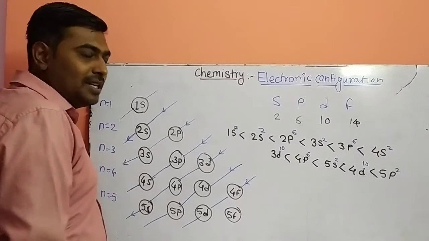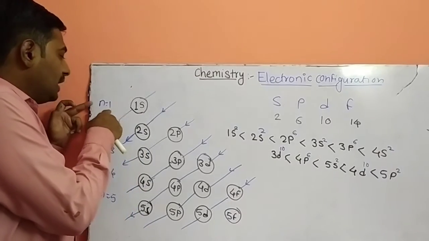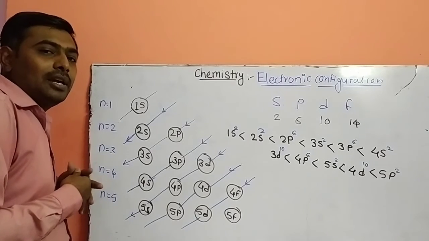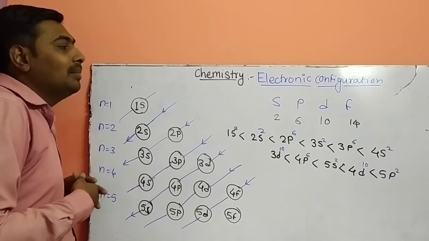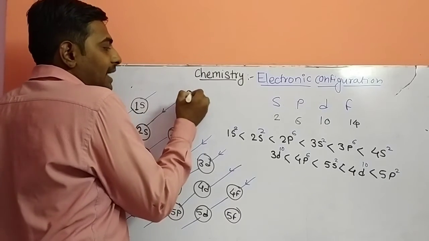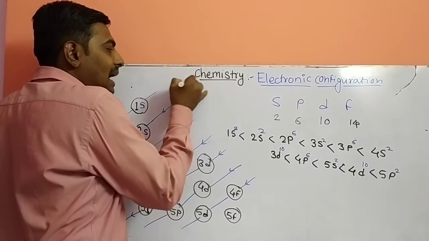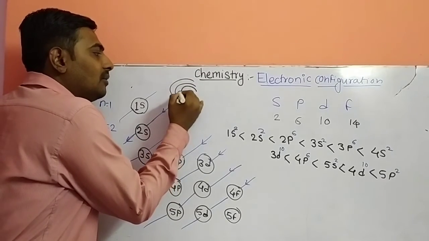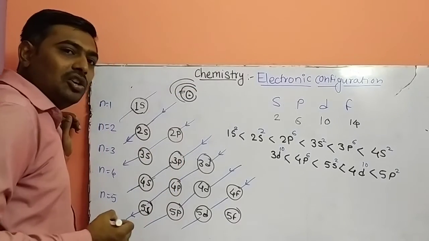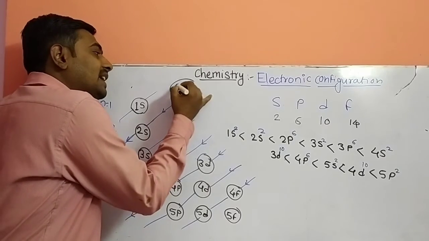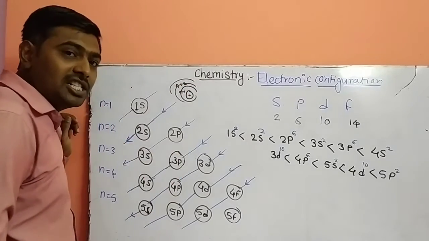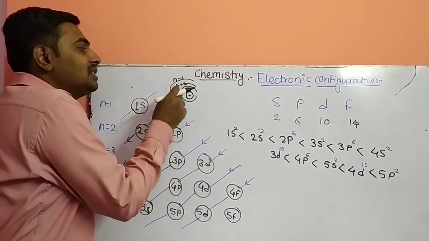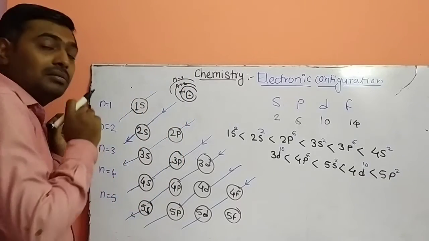Let's see the energy orbits. n is equal to 1, 2, 3, 4, 5. These are the principal quantum numbers, which means the shell number. Any atom consists of a nucleus and electrons rotate in shells. The nearest shell, or first shell, of any atom is n equal to 1. The second shell is n equal to 2. The third shell is n equal to 3. So these shell numbers are denoted here.